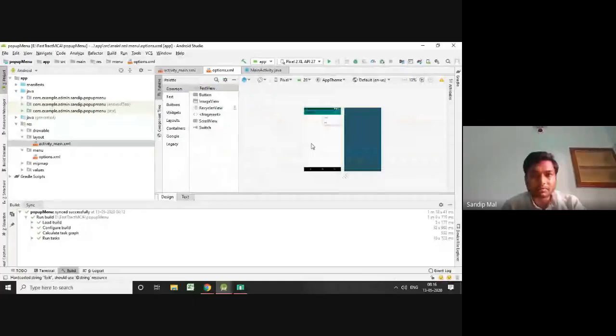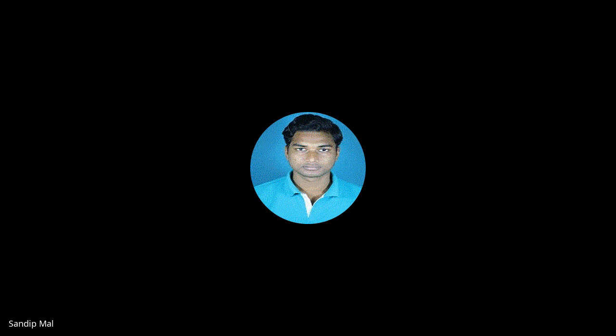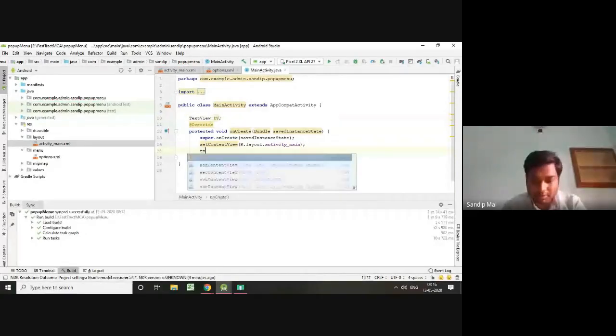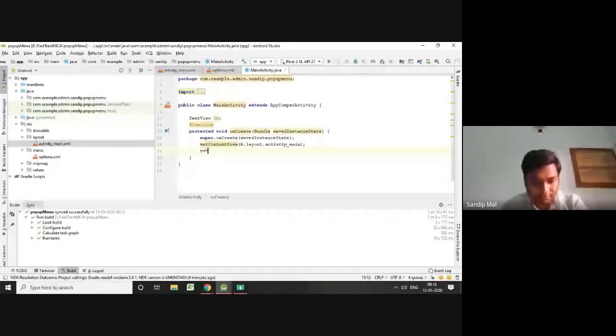Okay, now we'll go for the main activity.java. In MainActivity.java, if I click on this text, then a pop-up menu will come up. To do that, first I'll declare one object of TextView, suppose text TV. Then TV equals the TextView, findViewById,